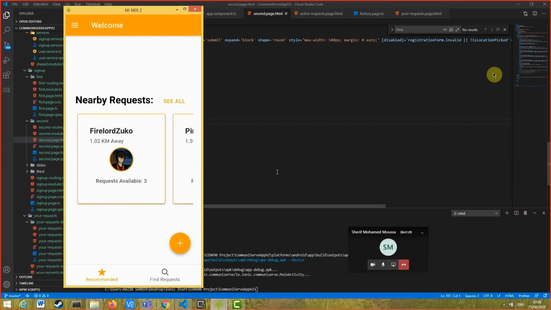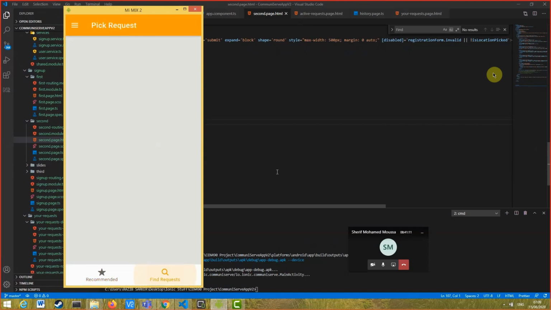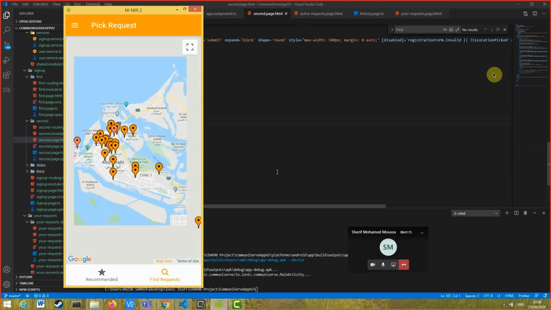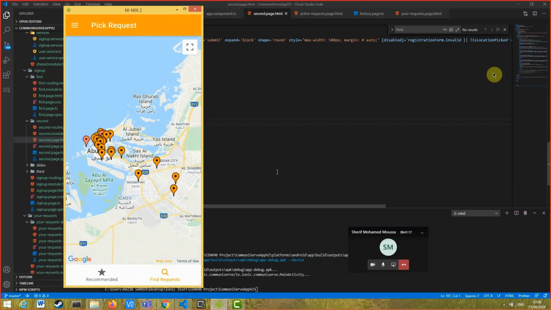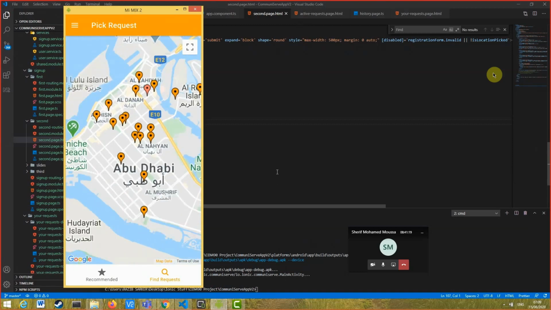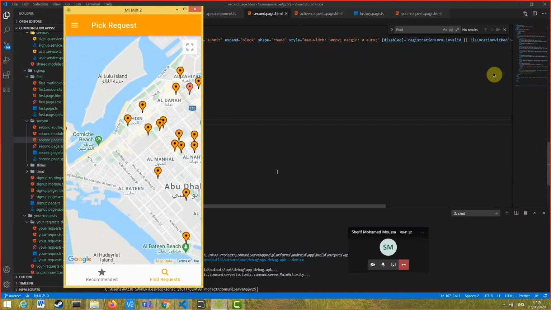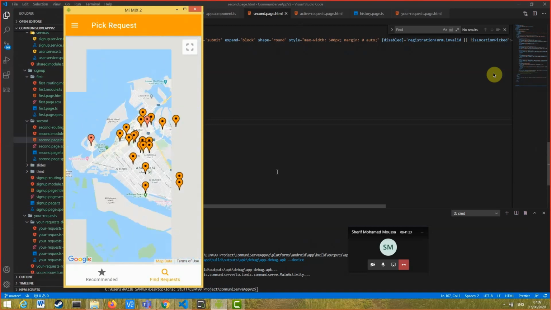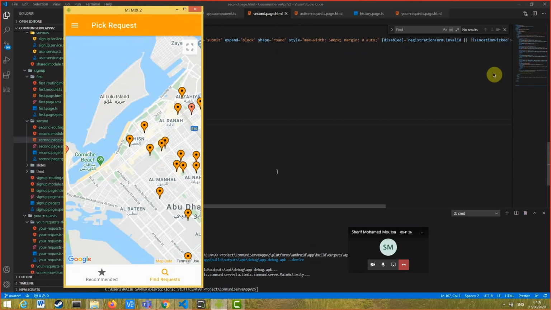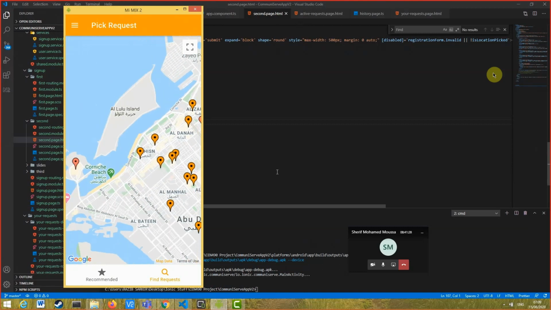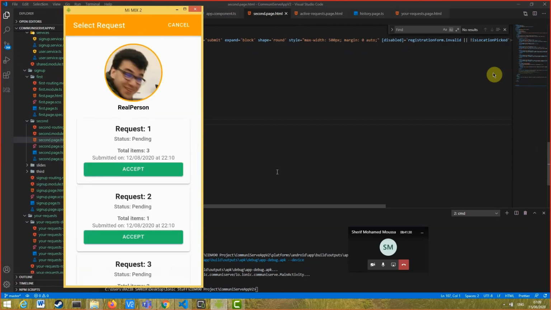So now, alternatively, you can also click on find requests, and you can see a cool little bounce animation. Of course, these are all requests that people have made around the UAE. So you can click on any of the orange dots. For example, if I click this,